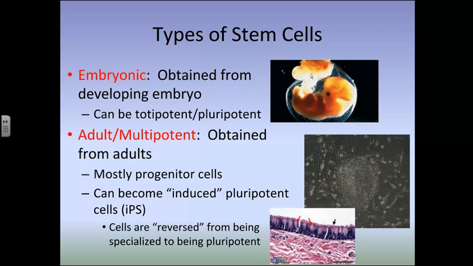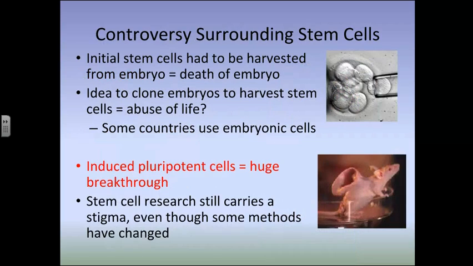Then there are the adult or multipotent stem cells, which are obtained from adults. Those are mostly progenitor cells, but we do have a method that was discovered about 2004, where we can actually induce the pluripotent state in stem cells, and so we have induced pluripotent cells, and those are reversed from being specialized cells to being pluripotent cells. So we can actually take your skin cells and reverse them back into stem cells,